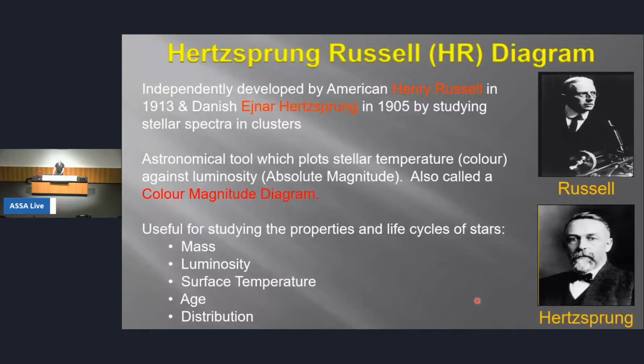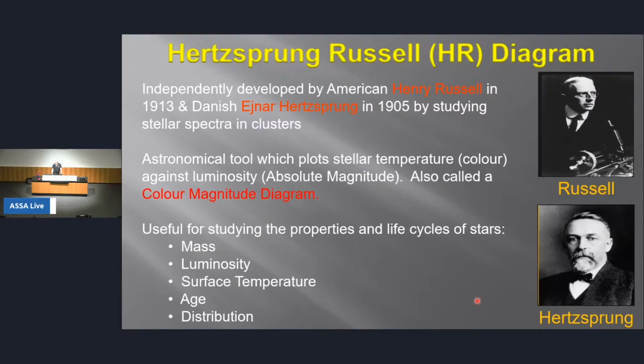Okay, so the Hertzsprung Russell diagram, or the HR diagram, was independently developed by an American, Henry Russell, in 1913, and a Danish man, Ejnar Hertzsprung, in 1905, by studying stellar spectra in clusters. So you can see there was a bit of a gap in time there, but they did develop the diagram